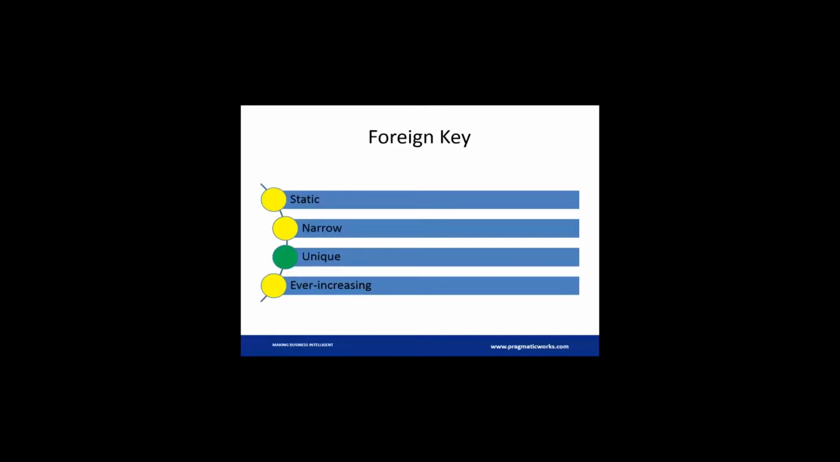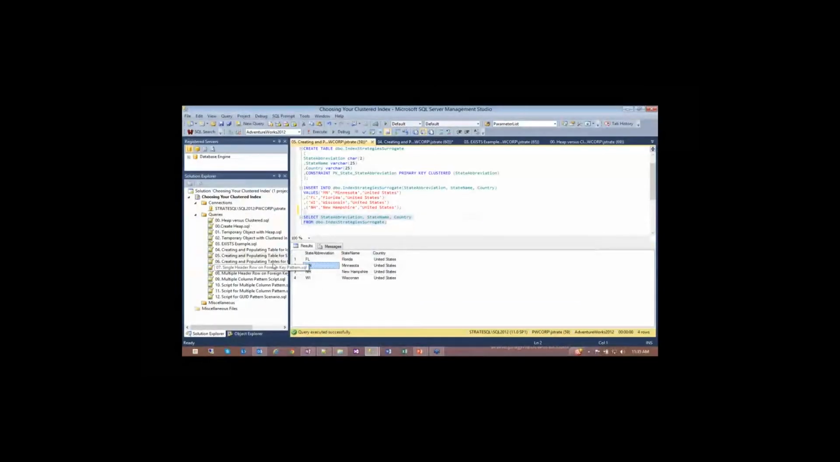The case where this becomes not ever increasing is if you have an order that was placed and then later on you come back and you add more to that order, those rows will need to be placed within the middle of the index. But let me show you how this works and how this can be really powerful with your system when you're dealing with